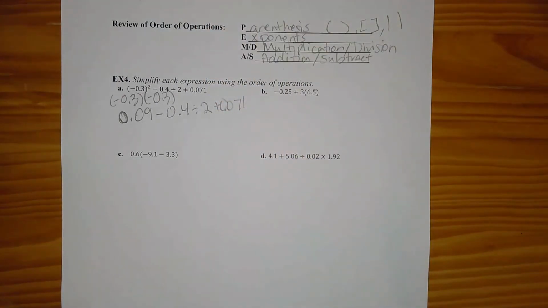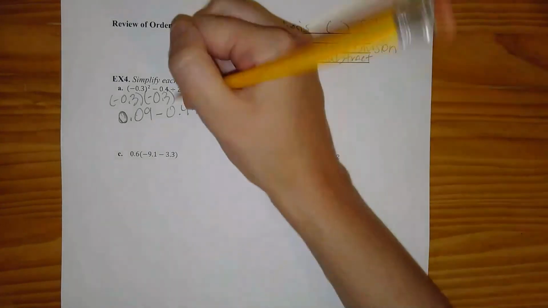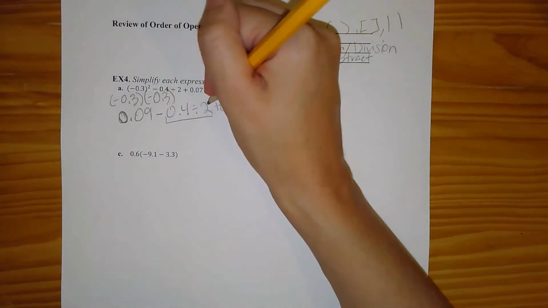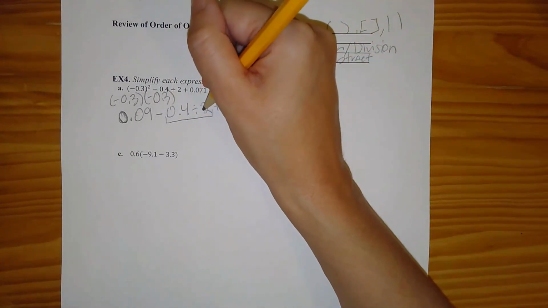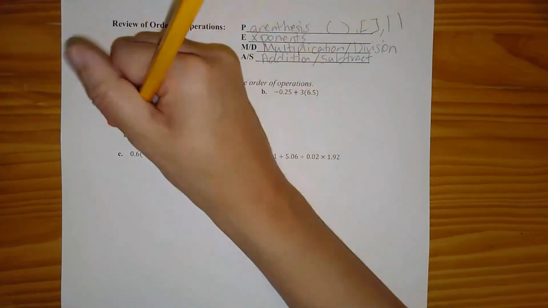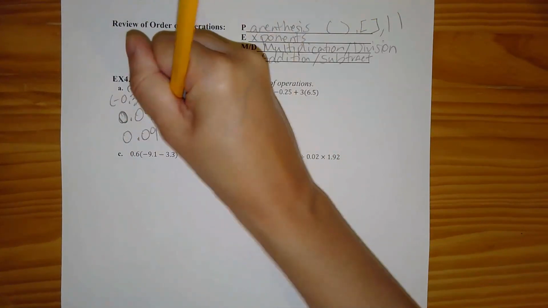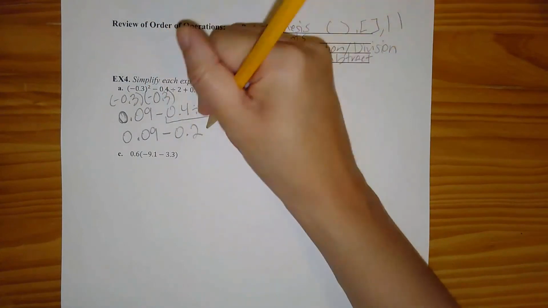Okay, so I've done my parentheses, done with my exponents. I'm on to multiplication and division, which is right here. So I need to do 0.4 divided by 2. So in your calculator, if you do 0.4 divided by 2, or you may be able to do that one in your head, you'll get 0.2 as an answer. So bringing the rest down, I got 0.09 minus 0.2 plus